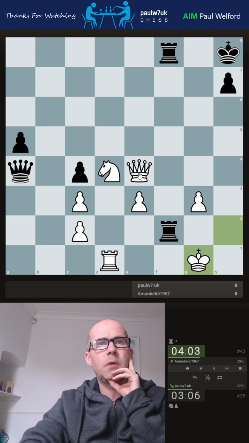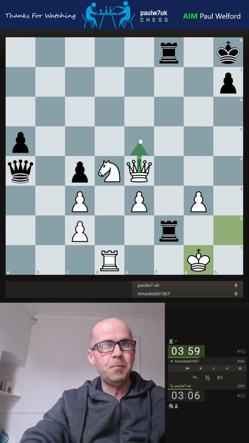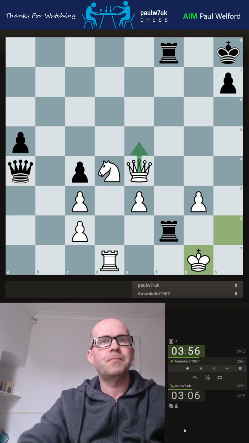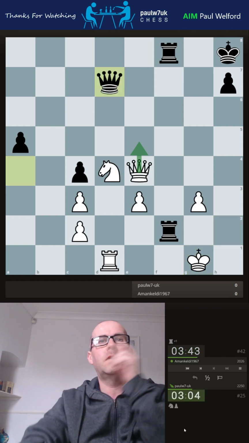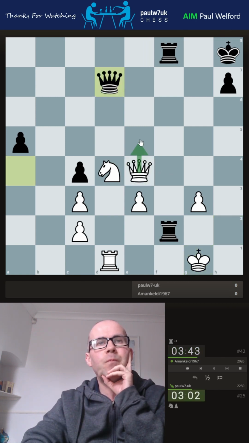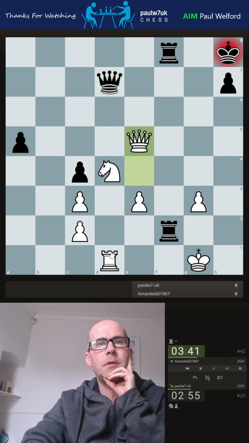Yeah, I'm on the brink here, aren't I? I've not really got anything here. I don't see any way to force that queen into play. Check doesn't do much. I can't move the knight without losing my rook. I'm going to throw the check in then just because I don't see another move, but where do I put